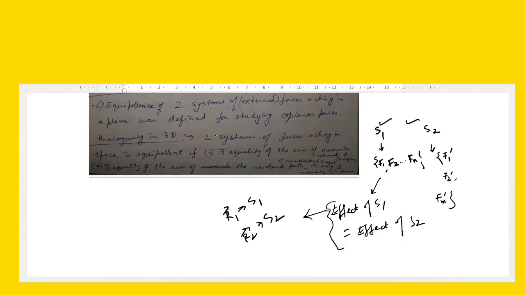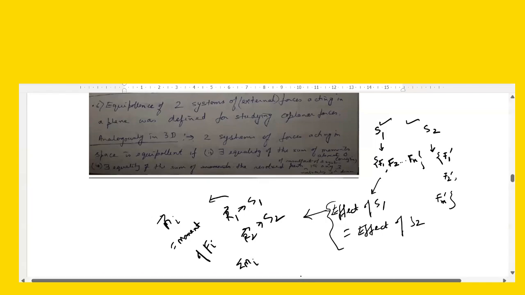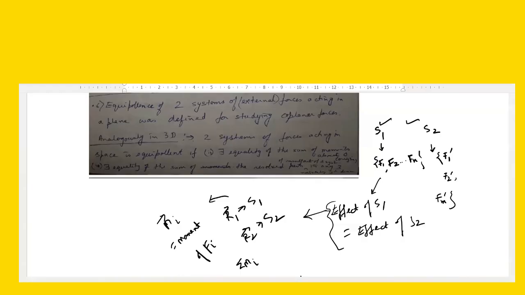That means if I say Mi is the moment of Fi with respect to any base point or with respect to any axis, with a direction sign, then the summation over Mi is the sum of the moments of all the forces constituting the system S1. Similarly, let me say Mi dash is the moment of the Fi dash force with respect to the same base point. So what do we need? We need this summation over Mi